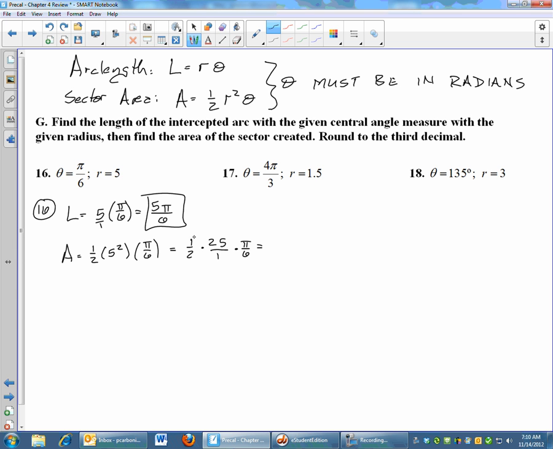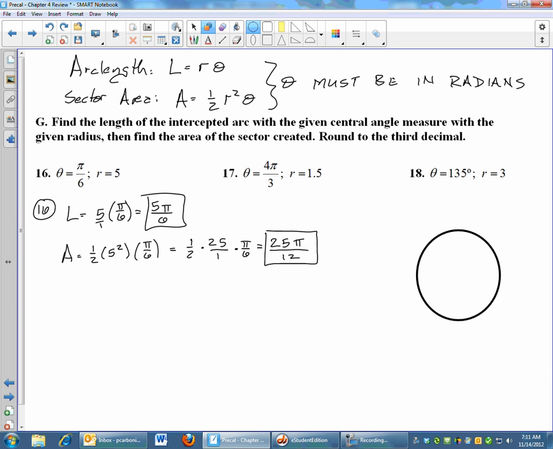And when you multiply that, 1 times 25 times pi is 25 pi. And 2 times 1 times 6 is 12. And that would be your sector area. And in case you've forgotten what we're talking about, what arc length and sector area mean, we're starting with the